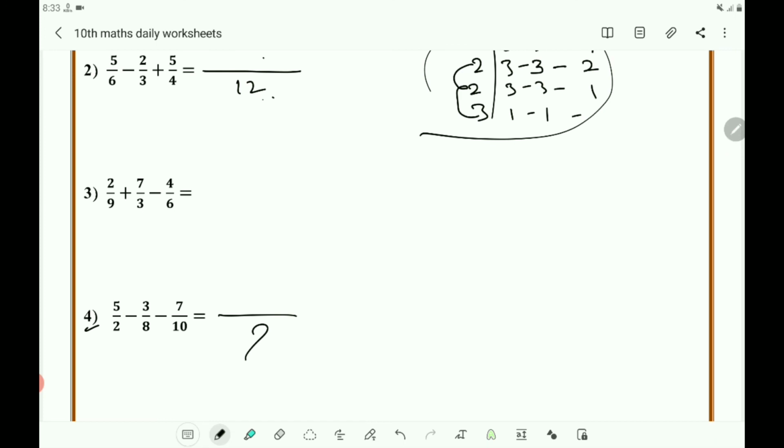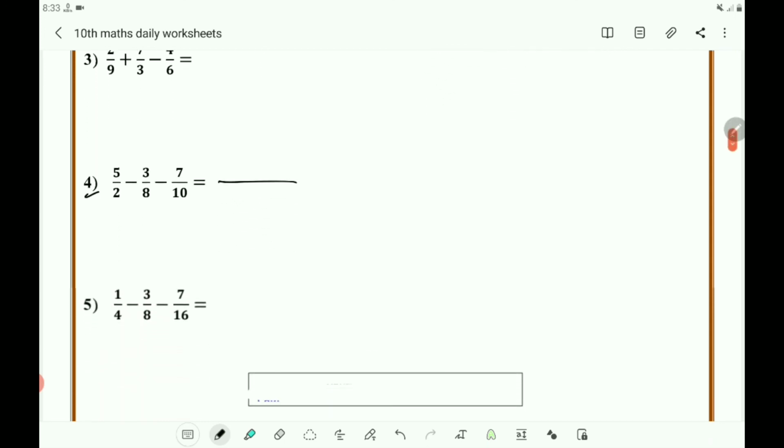After that, here the second and third numbers will be negative. You must add them and put the negative sign. After that, you subtract this positive and put the sign of the greater number. Then next one, the fifth one.